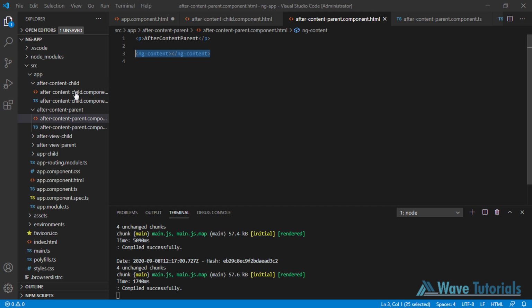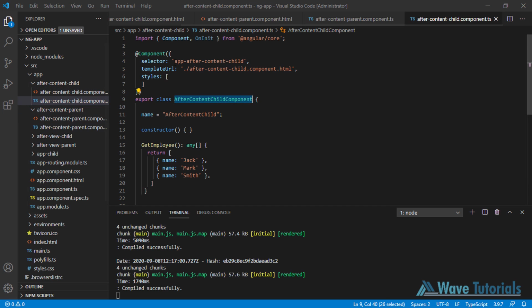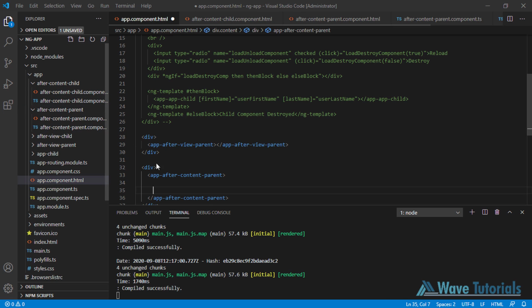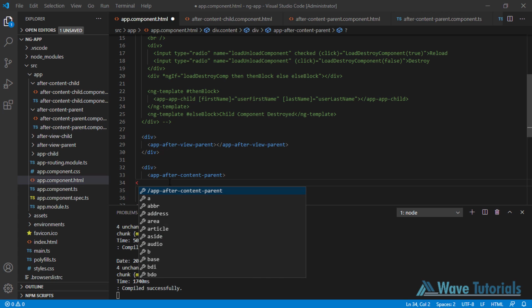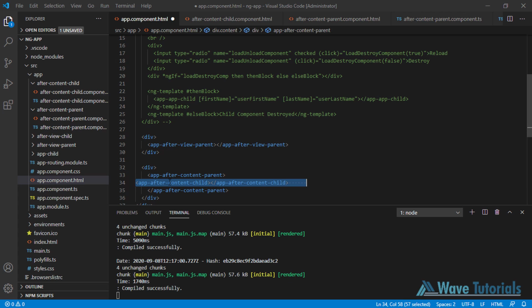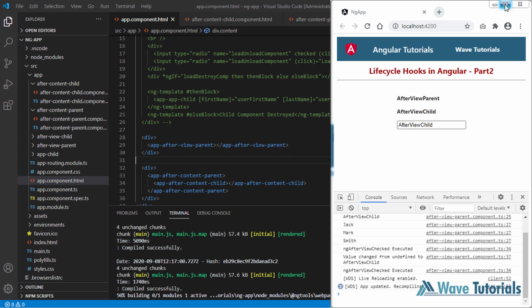So now here we are going to load this child component within this ngContent. So let's copy this selector and pass this child content within the parent content. So let's save all the files and open the browser,